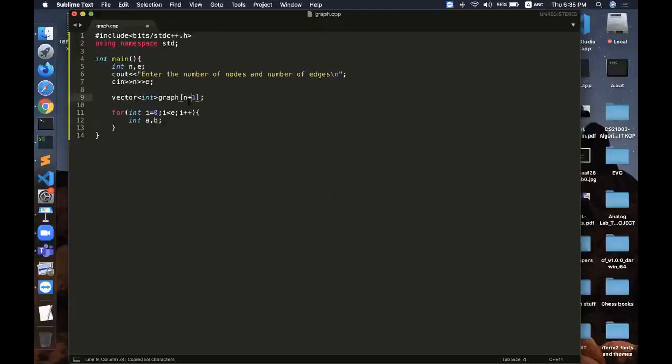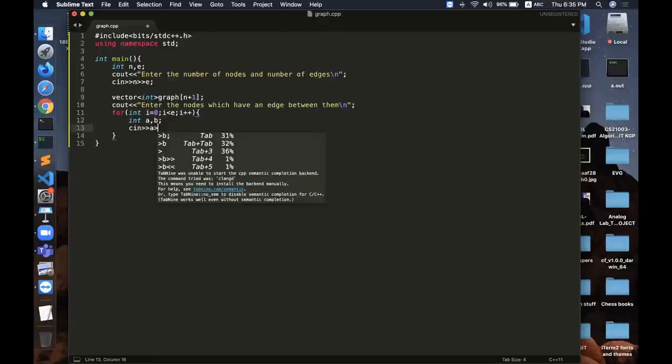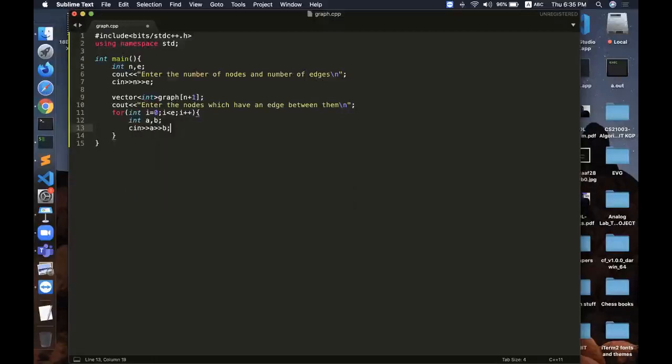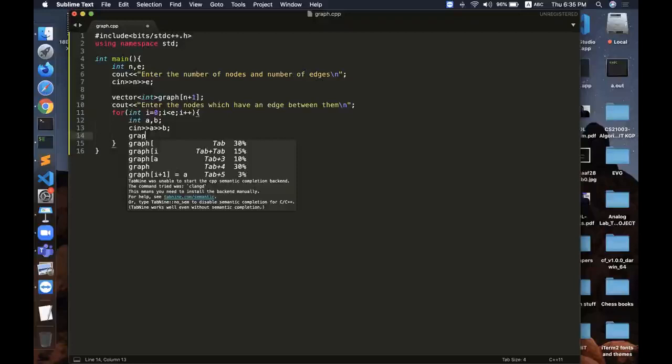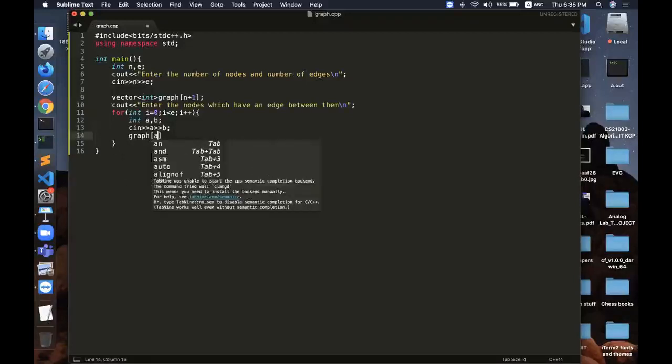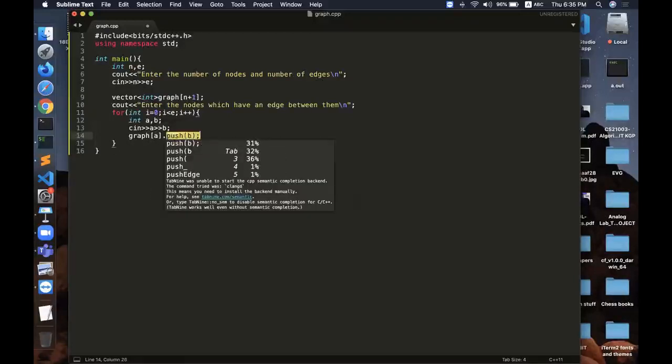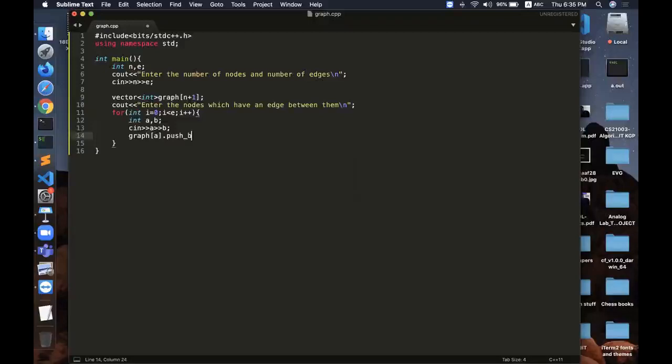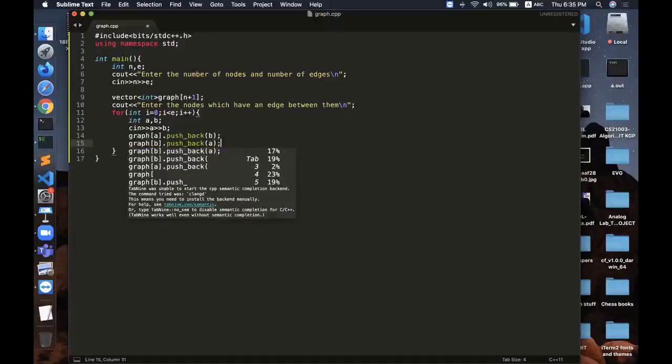Let us print it once outside the loop, and then I take the input of a, and then I take the input of b. After this, in the adjacency list of a, I push b. I insert b in the adjacency list of a, and I also insert a in the adjacency list of b.